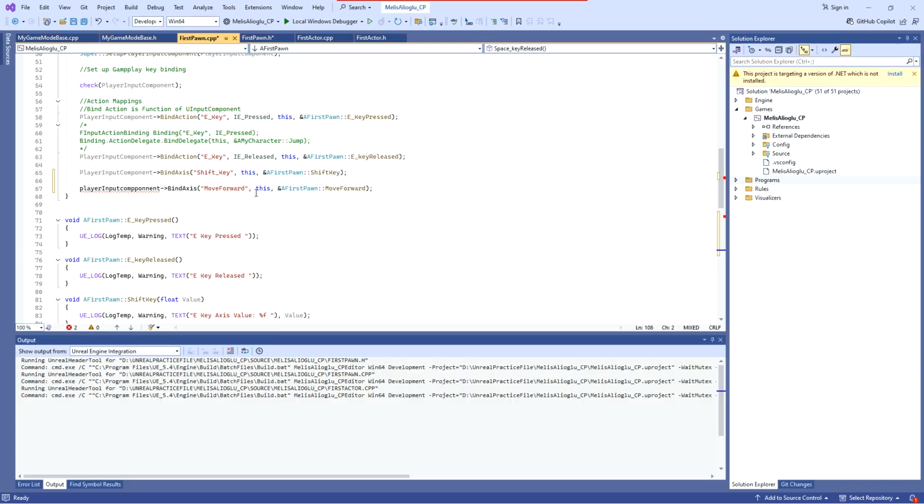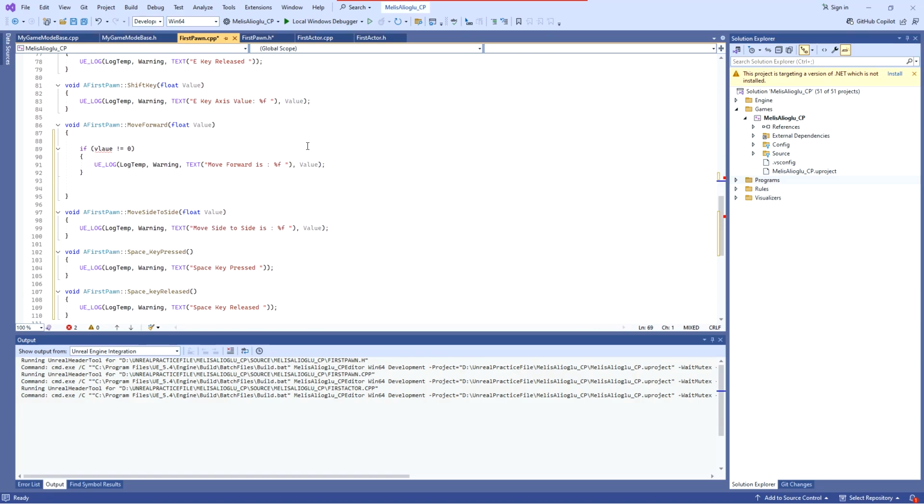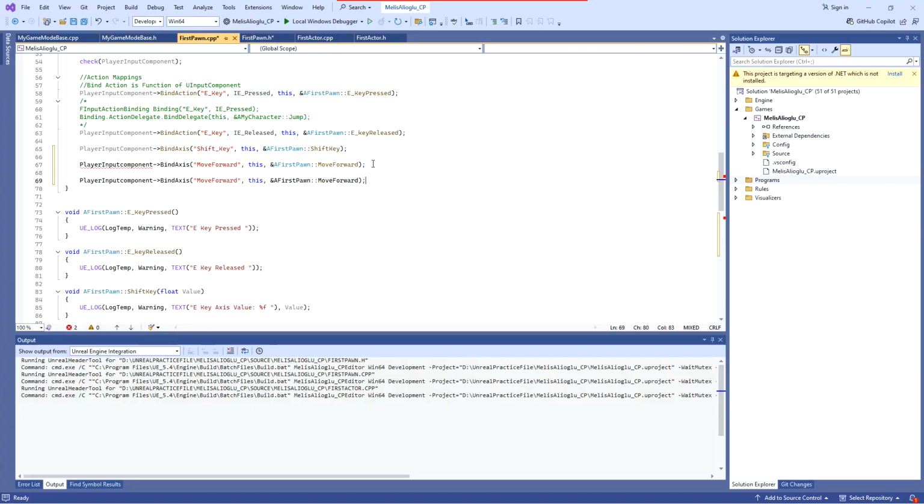So move forward, player input component. Really nice. Yeah, right now it's correct. It takes a while to update that. And next we need to add the same for